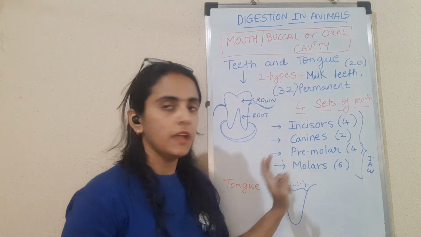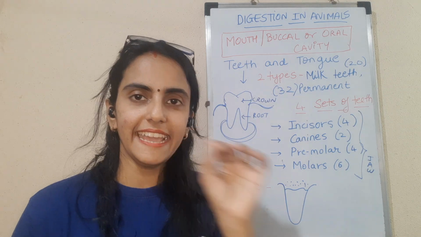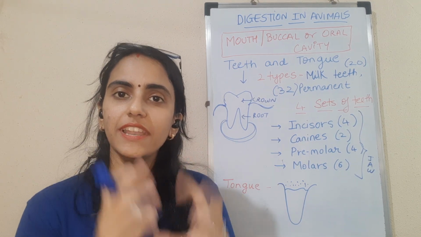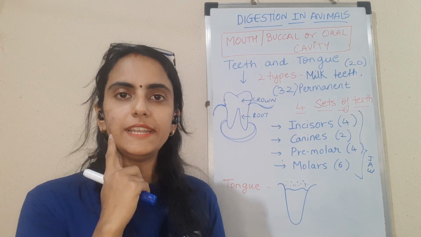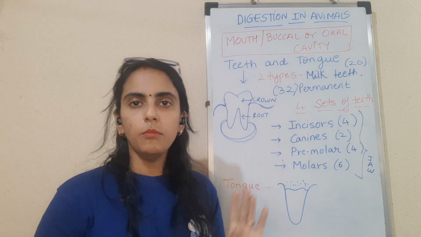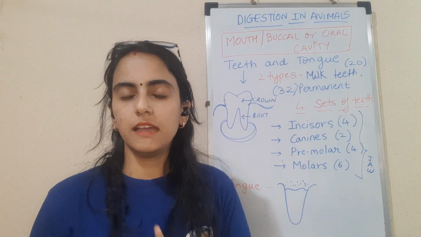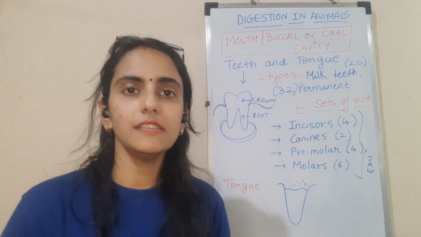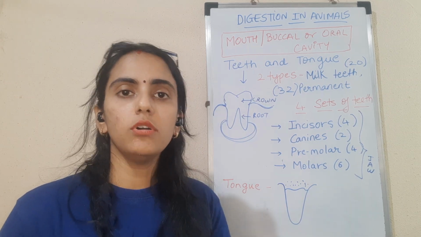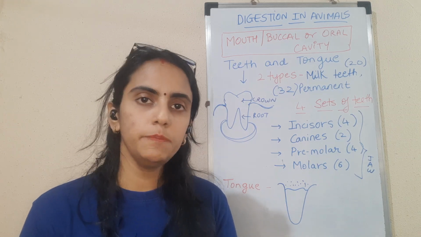Now we bite the apple with the front teeth. Okay, we can tear the chapati with our canines, but what helps us to crush and grind the food properly? It is the back teeth which help us, that is the premolars and the molars. Okay, so this is about the teeth which are present in our mouth. Again, these teeth help us in tearing, biting, chewing, grinding, crushing, and also in phonetics or speech.